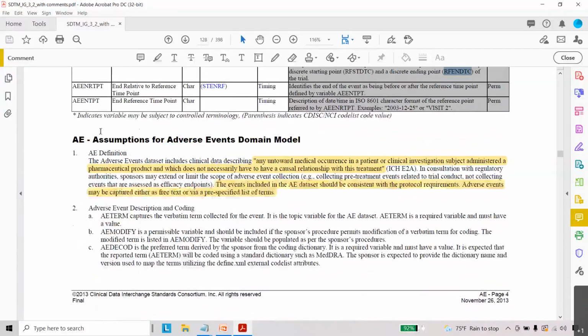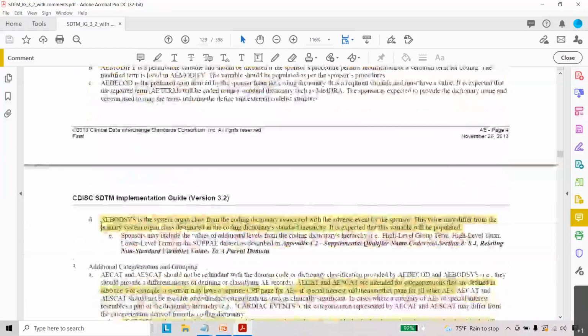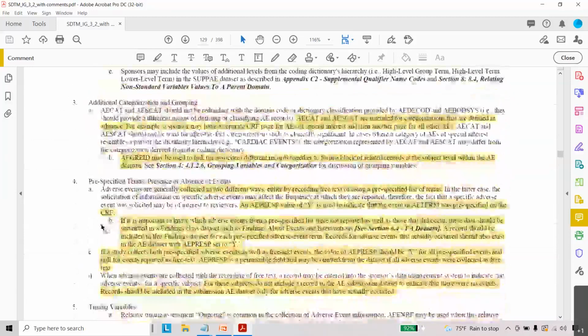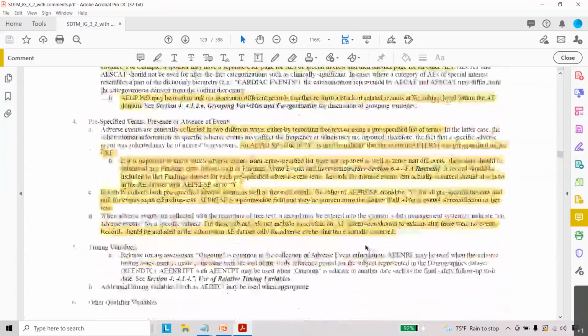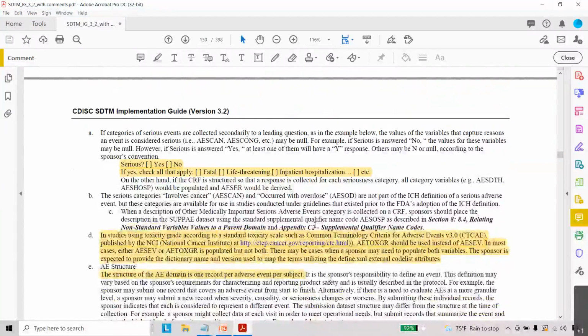And you can read the assumptions very carefully. So SDTM IG 3.2 gives the AE definition here, followed by the different important variables they described. These are very important. Read them once you complete the variables description.